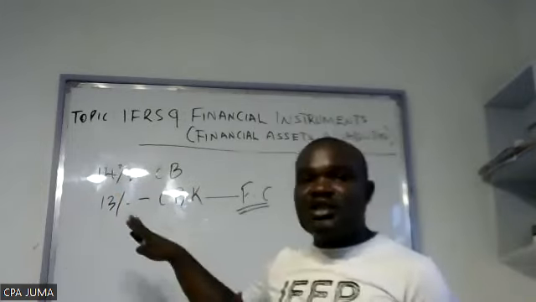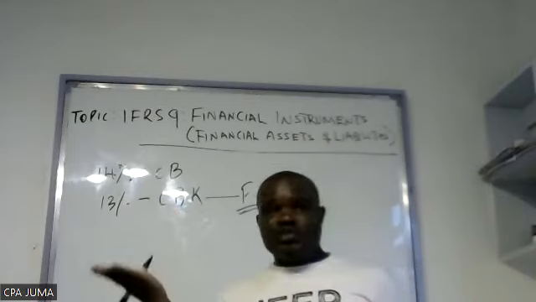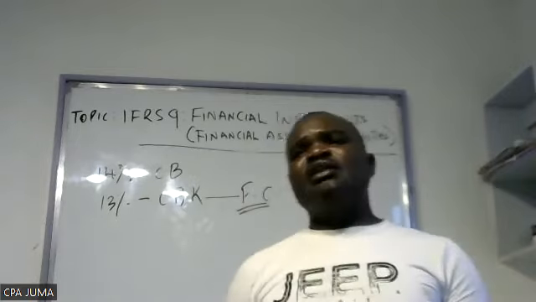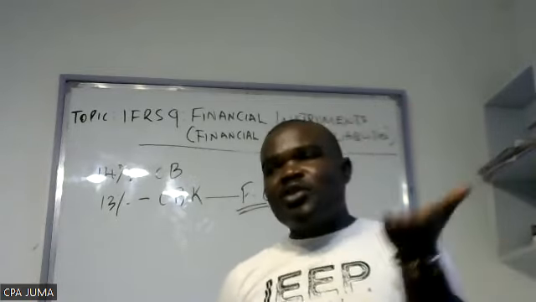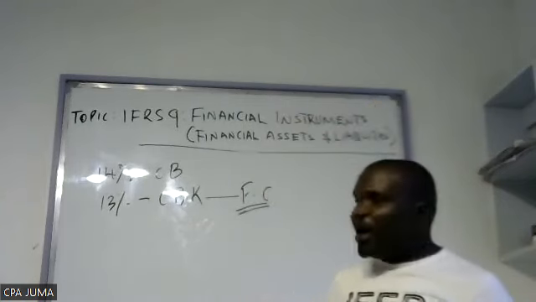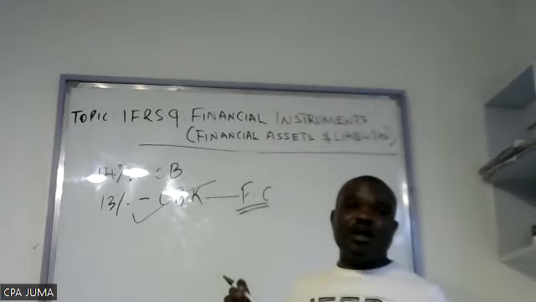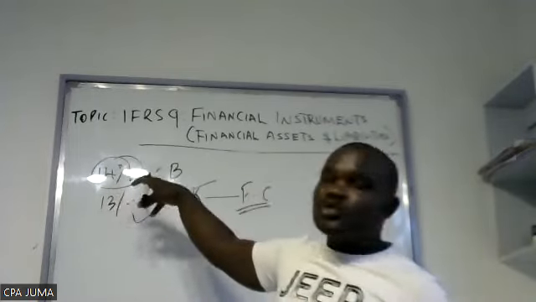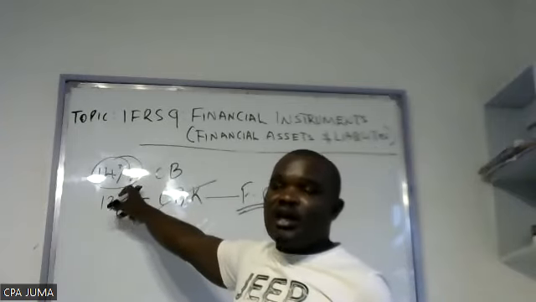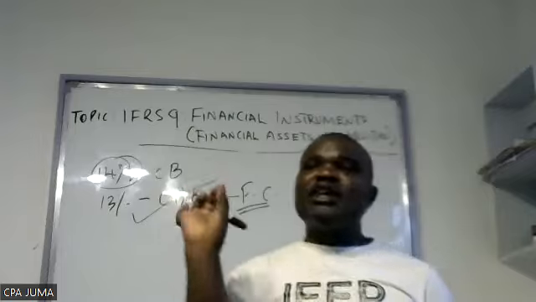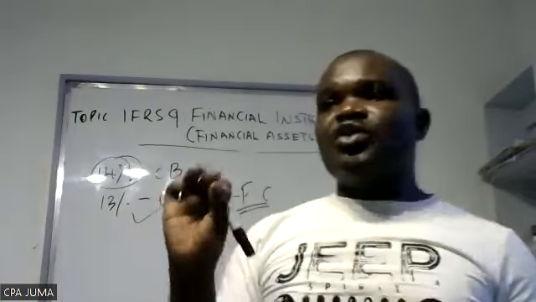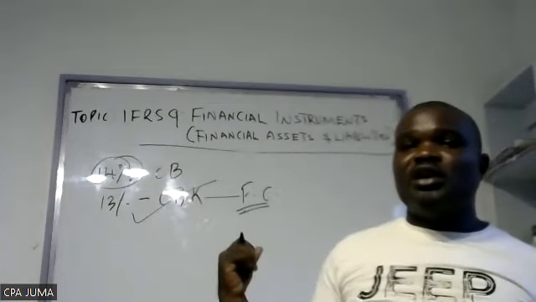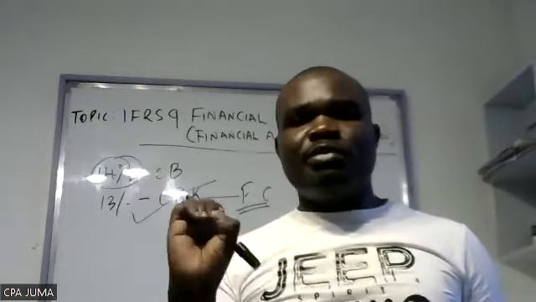So the finance cost, which is the effective market rate, you use to adjust the value of the instrument every year, because it cannot stay constant while life goes on. You have to keep on increasing the value. So you add to the value of the bond using the effective market rate, then you reduce it with the actual interest. To calculate the actual interest, you use the contractual rate, the rate attached to that instrument. So you decrease it with the actual rate, then you increase with the market rate.